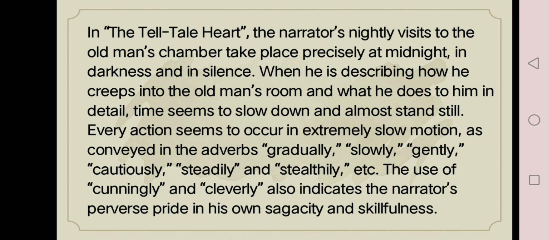When he is describing how he creeps into the old man's room and what he does to him in detail, time seems to slow down and almost stand still. Every action seems to occur in extremely slow motion, as conveyed in the adverbs gradually, slowly, gently, cautiously, steadily, stealthily, and others. The use of cunningly and cleverly also indicates the narrator's perverse pride in his own sagacity and